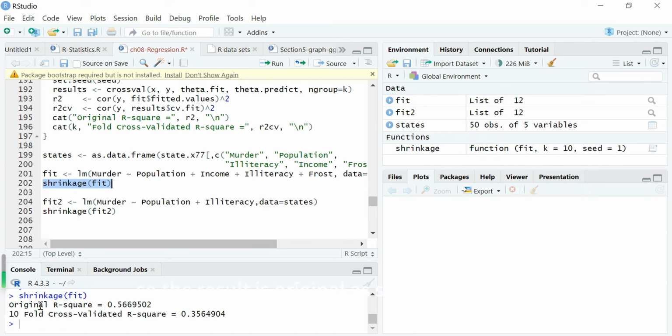The result is that the original R squared is 0.56, but the cross-validation R squared is only 0.35. So it is quite a lot lower. This is why we call this function shrinkage. It's shrinkage for the R squared. It's only 35%. But if we change the model and remove 2 variables from the independent variables,